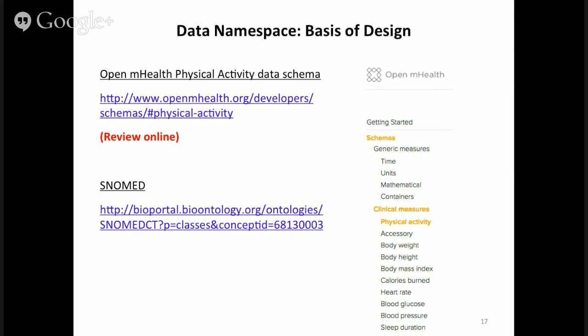Okay, so what's the basis of design that I'm proposing for the data namespace? This is a link to the physical activity schemas. I'm not going to visit it right now. You want to be aware that if you go to OpenM Health and look at the developer documentation, there are specific schemas for the type of physical activity that we are going to do. So these are JSON schemas, and they represent